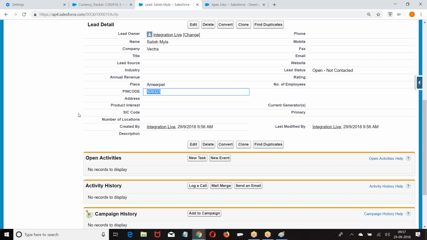So the basic structure of integration is clear. So what we are doing? We are making a request to a third party. The third party is giving a response. In the response, data will be JSON or XML. If it is JSON, deserialize it. If it is XML, deserialize it. After you deserialize, as per your requirement, process the logic.